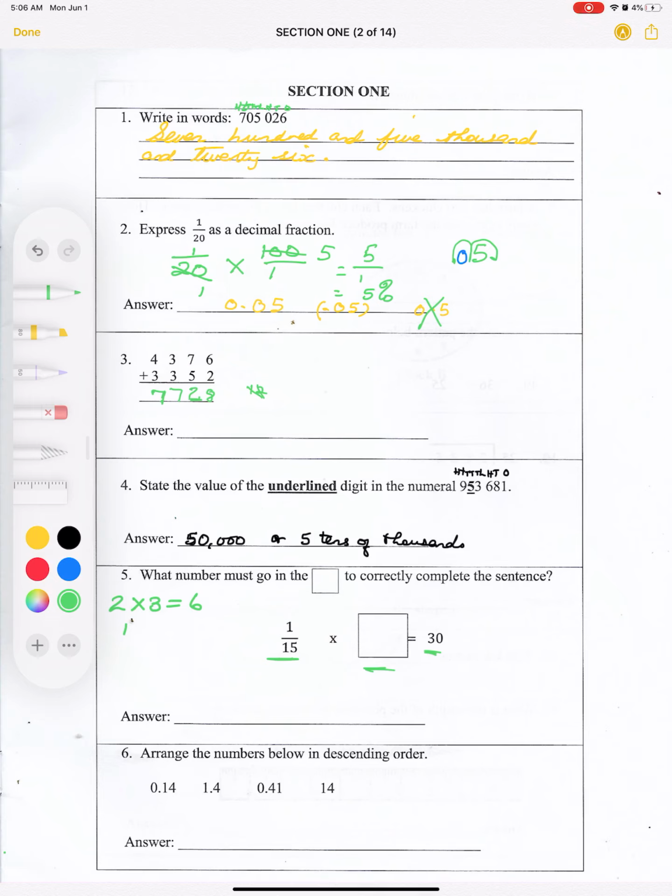You have your multiplicand, big words, but we are familiar with them. Your multiplier, and you have your product. Multiplicand, the number you're multiplying, the multiplier, the number you're multiplying by, and your product, which is the answer